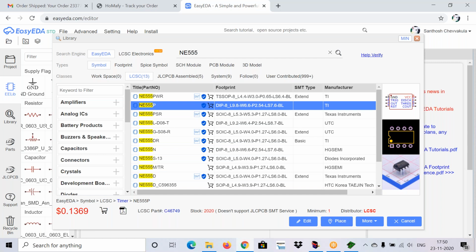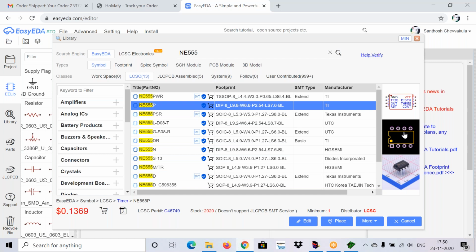Just don't forget it, because when you take a component without the footprint, your circuit will not be converted to PCB. Nothing but you cannot design the PCB layout for that circuit. It will not allow you.